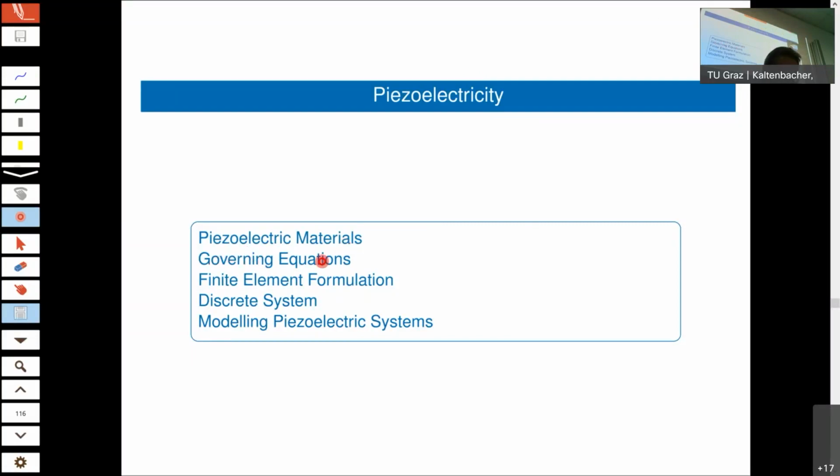We will see the governing equation, which shows that this is a coupling via an extended constitutive equation between the mechanical quantities, stress and strain, and the electric quantities, electric field intensity and electric displacement. We will look at the finite element formulation, which then will really be a finite element formulation of a coupled field